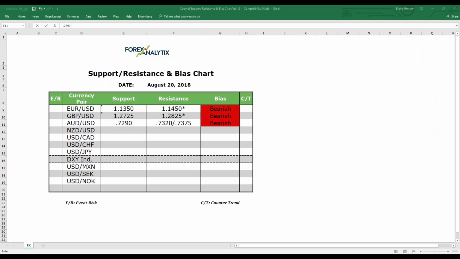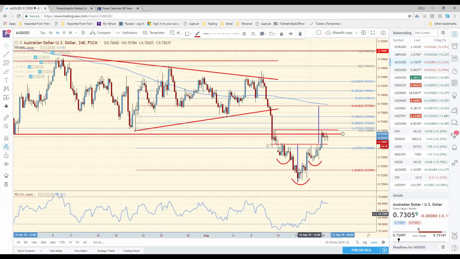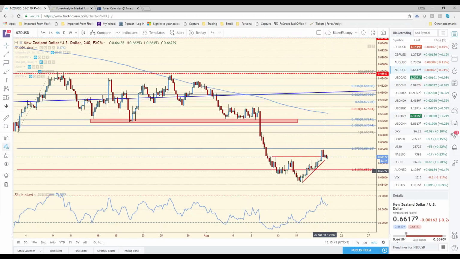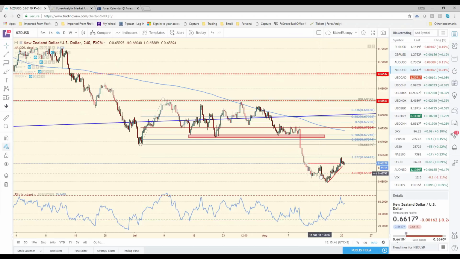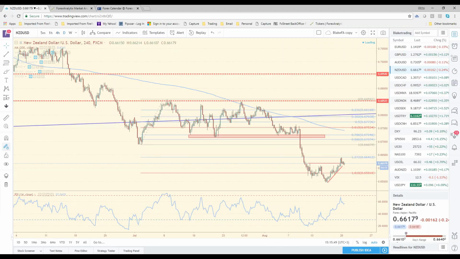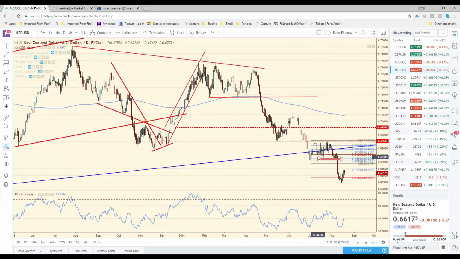All right, let's take a look at the Kiwi. So the Kiwi is trying to recover as well. We hit this 161% extension of this range, okay, and then we've bounced higher. Now,